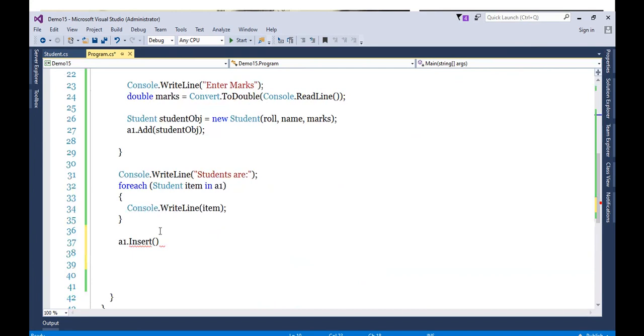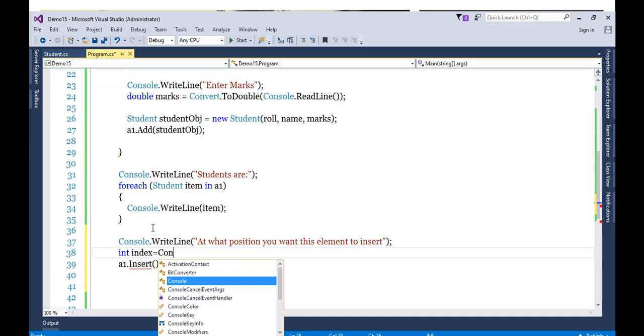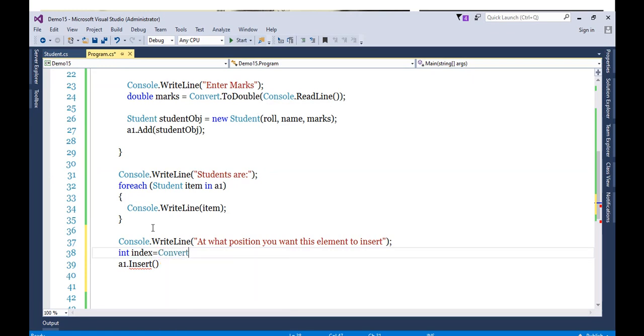Okay, so this Insert method requires an index. So what we'll do is take this index from the user. We'll say, at what position do you want this element to insert. Okay, so let's ask for the position. Accordingly, we'll take the index, so the index will be accepted from the user.